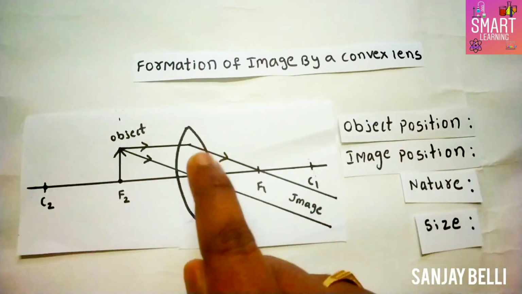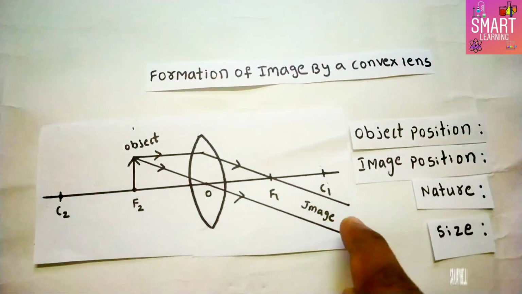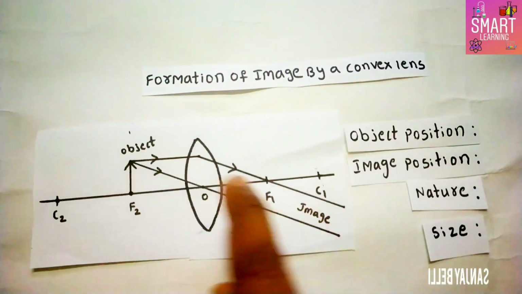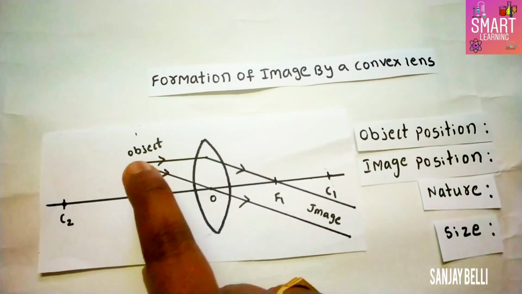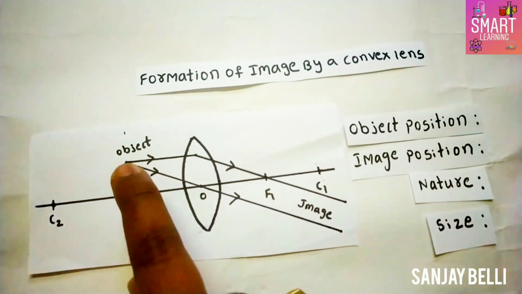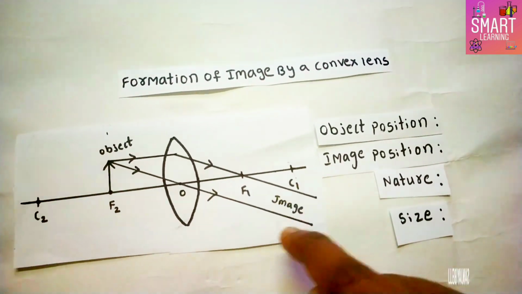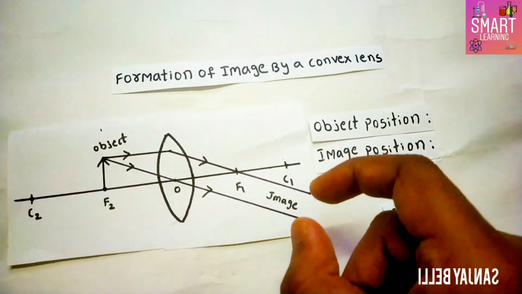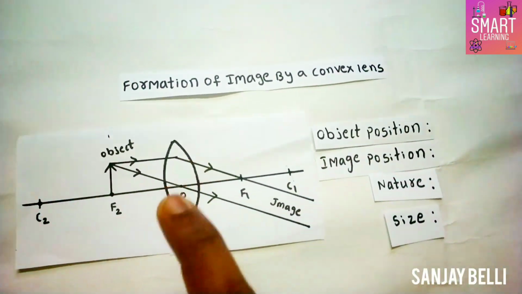So next ray diagram, I placed the object on the focal point. The image will be obtained at infinity. So here I used rule 1 and rule 3. Rule 1 is parallel to principal axis, passes through focal point, and the third rule passes through optic center. Here the rays are not intersected. It will be intersecting definitely at infinity distance from your lens.